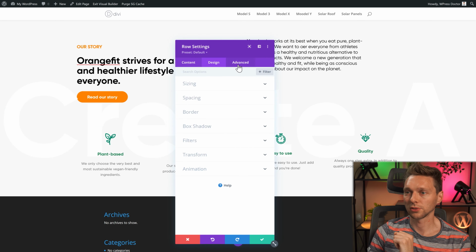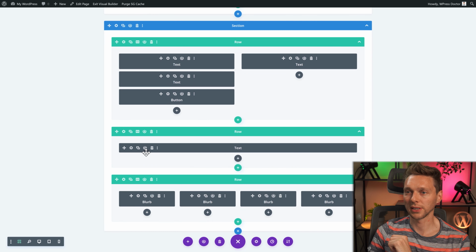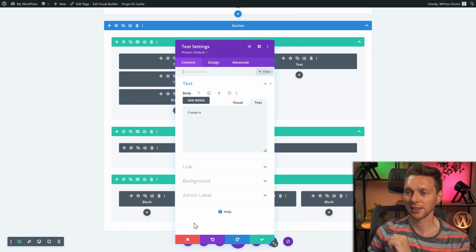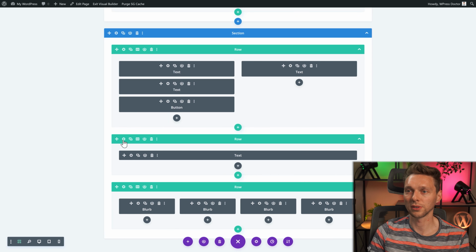It's excellent. Then we're gonna duplicate this entire row. You cannot target it anymore because it's so big. The button. Let's see where it is. We're gonna scroll all the way down. I think it's this text. Create a. Yes. So we're gonna change this row. We're gonna name it for future references.